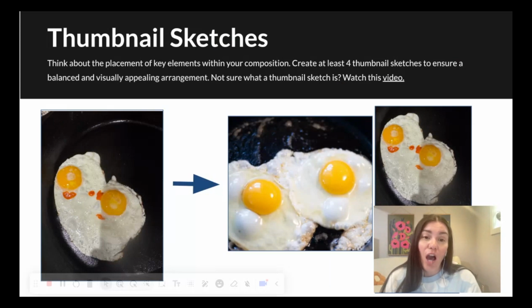And then the composition is the next step. So how are we going to place the key things in our picture? What arrangement are we using? Is it balanced? Is it visually appealing? I have a video about thumbnail sketches outside of this,